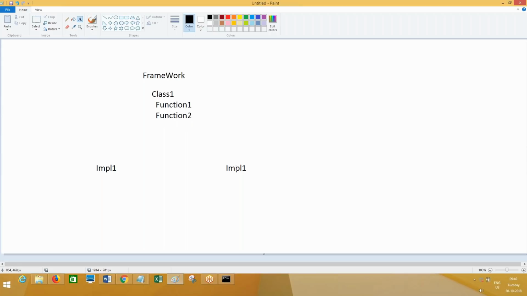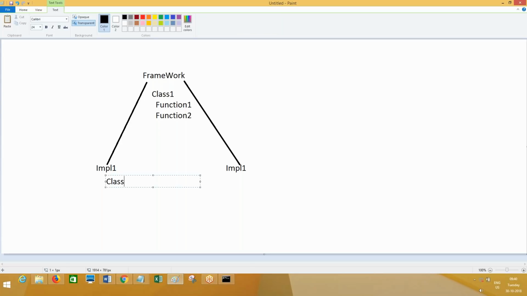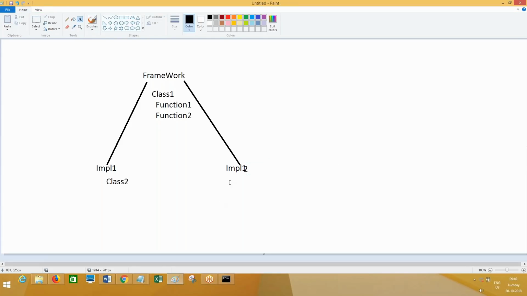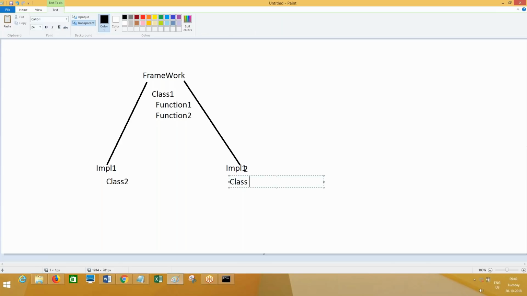Now these I want to use in implementation. Implementation applications are already created on top of framework. Only having the application created on top of an application will not give you functionalities being inherited. Also here you need a class called class 2, and let's say this is implementation 2, and here class 3.